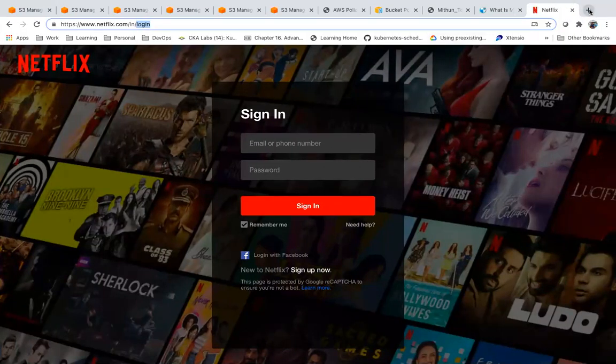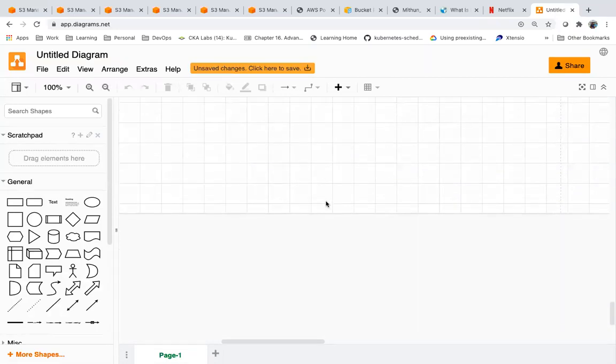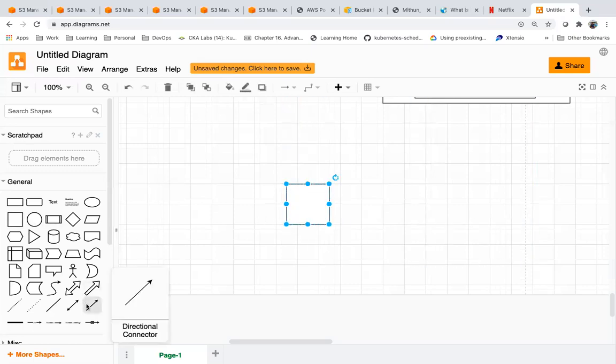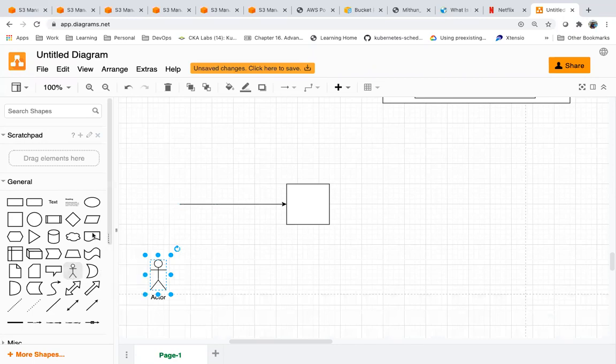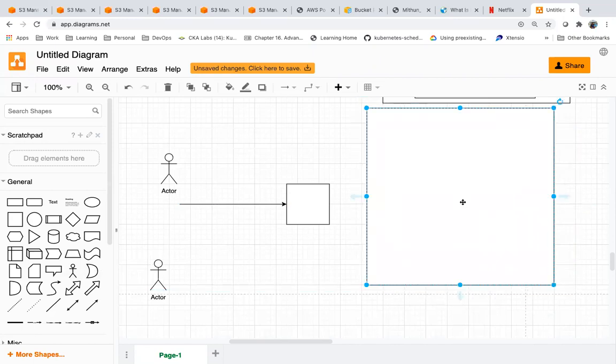Netflix has developed an application, and that application runs on multiple servers, whether containers or servers. You have a load balancer for that application, and the users access it via the load balancer.